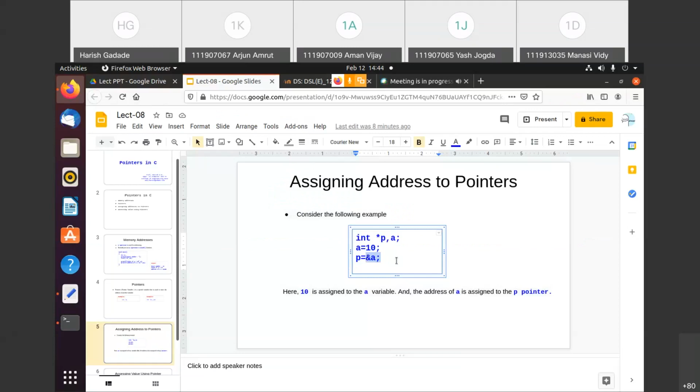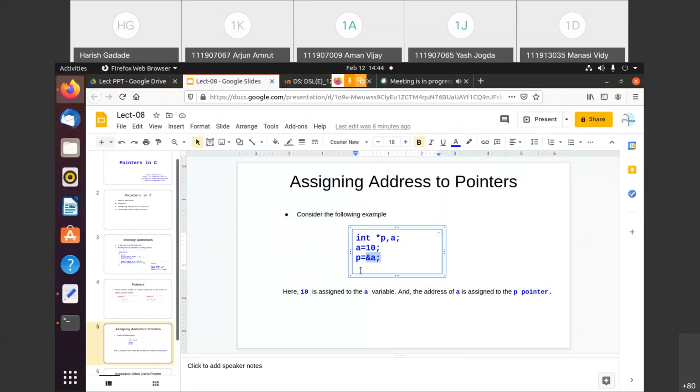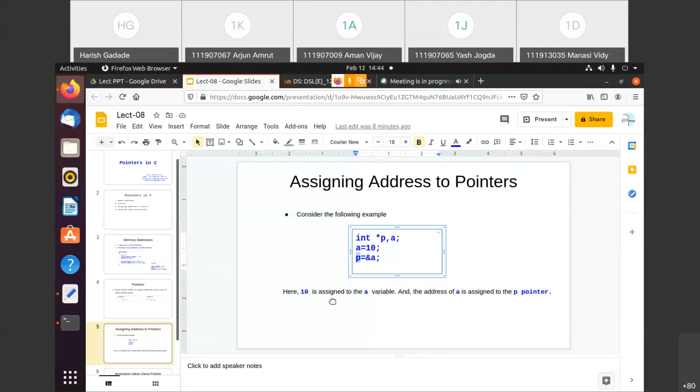Suppose the address of a is 1000, 10,000 or any hexadecimal value, so that hex value will be stored into this p. So here I have purposefully written that 10 is assigned to variable a and the address of a is assigned to pointer p. Whatever I just told you, that same thing I have written over here.